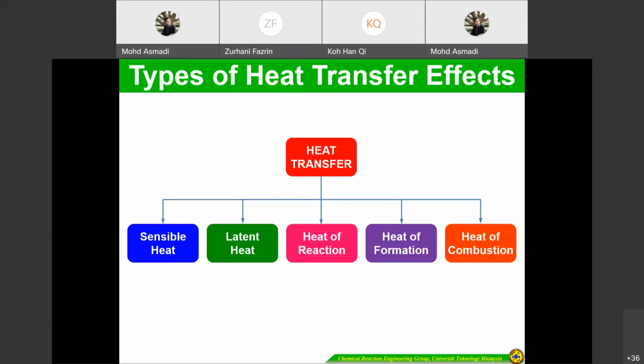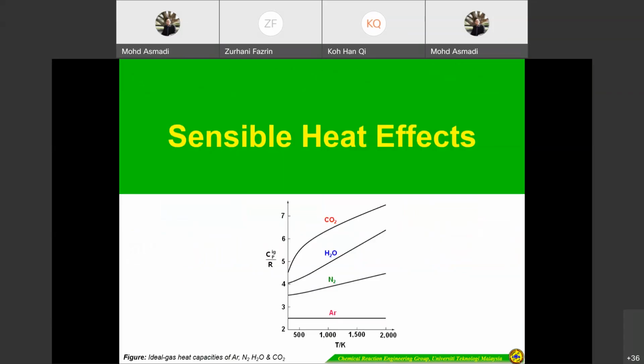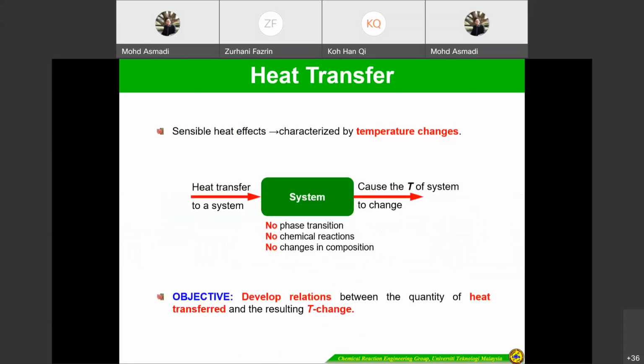So you have to remember these 5 heat effects: sensible heat, latent heat, heat of reaction, heat of formation, and heat of combustion. So these 5. Okay, we go see the sensible heat effects. For example, for the sensible heat, if you look here,